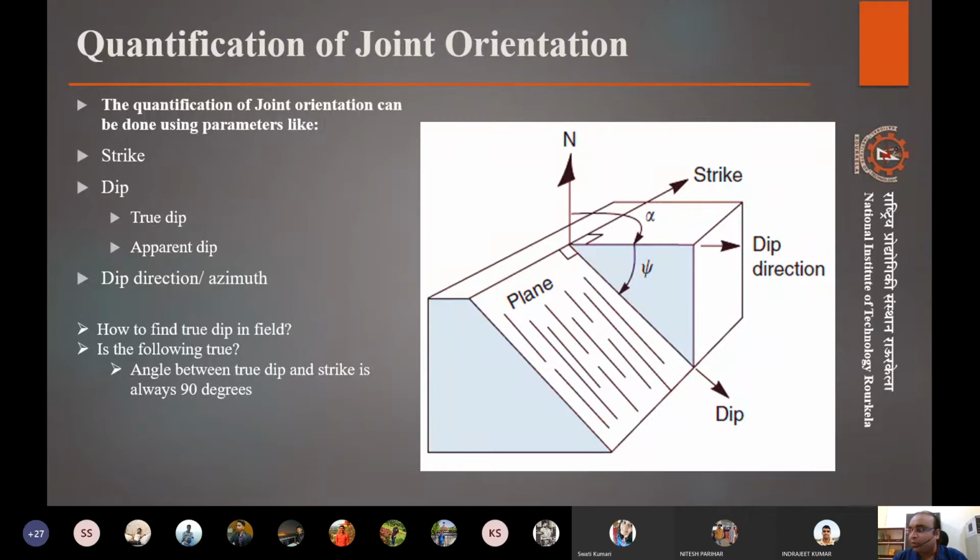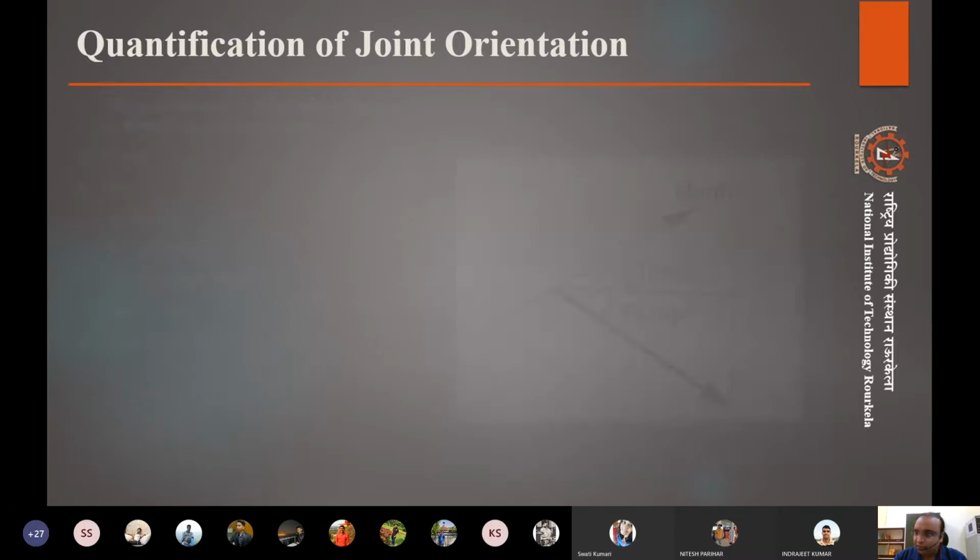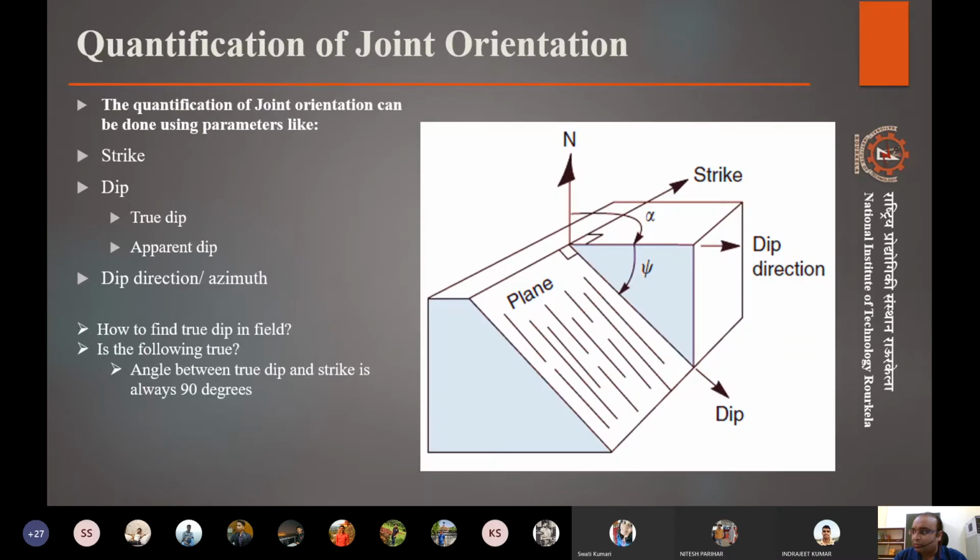That's important to know, because if the strike and the direction of the true dip are at a 90-degree angle, we can define the plane orientation with just two numbers: the angle of the strike from the north, the angle between the north and the strike, and the dip angle.